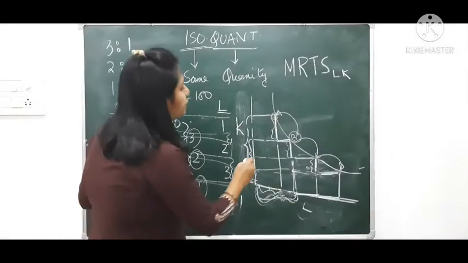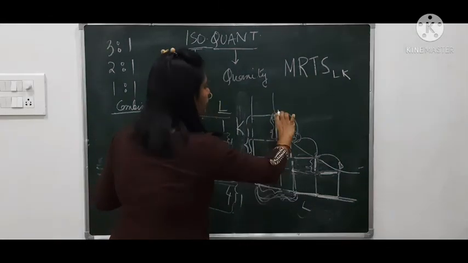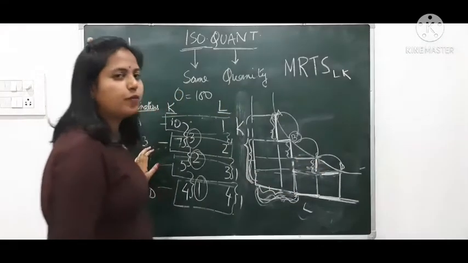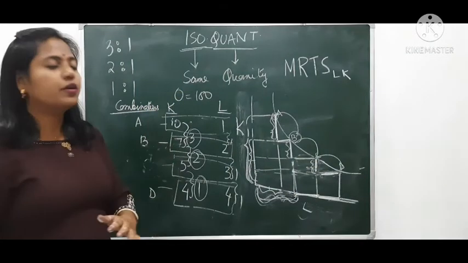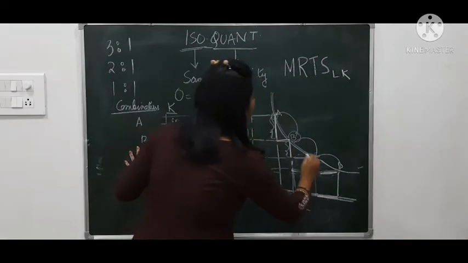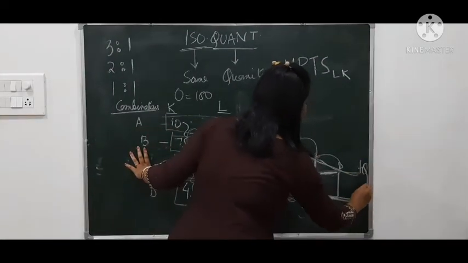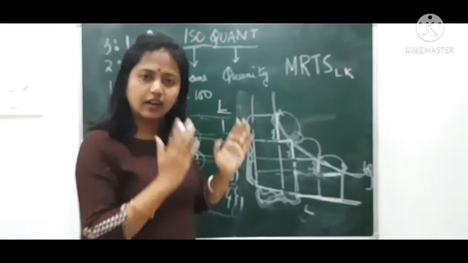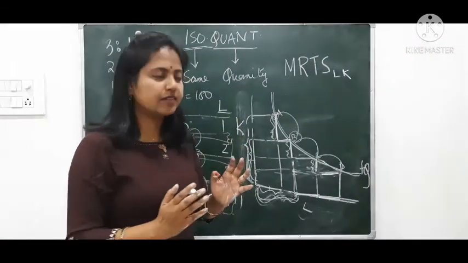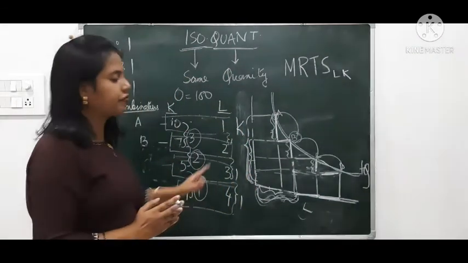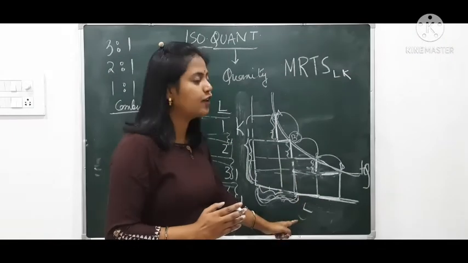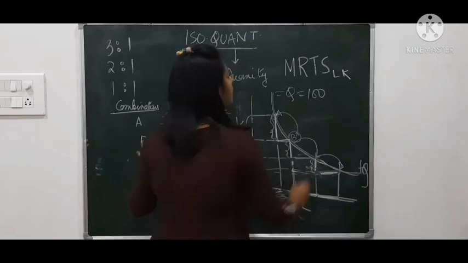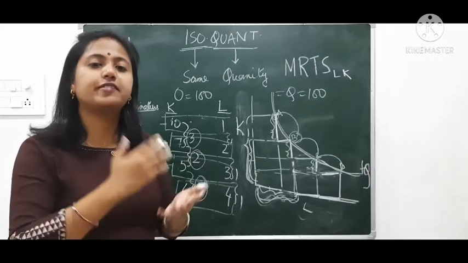And that is why you will see this amount of substitution is more, this amount is a bit less, and this one is much lesser. So this curve that I mentioned is known as isoquant. We represent it by IQ. What is isoquant? Isoquant is a curve which represents different combinations of factors, labor and capital, which can produce the same output, which has the potentiality to produce the same output.